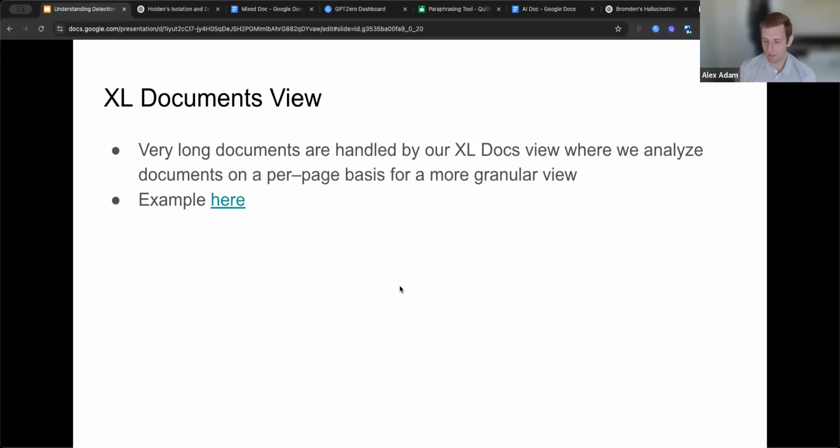And then similar to this concept, for really long documents, these are actually handled by our Excel docs view, where we analyze documents on a page by page basis, basically. So I'll show you what that looks like here.